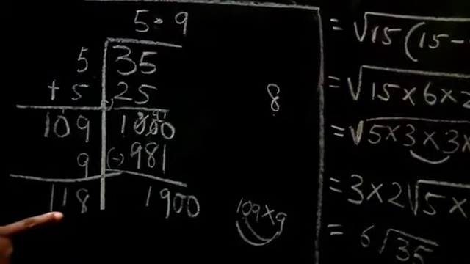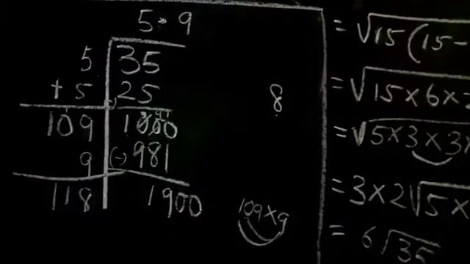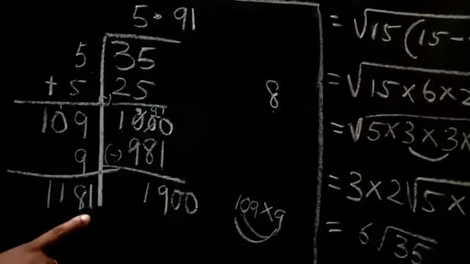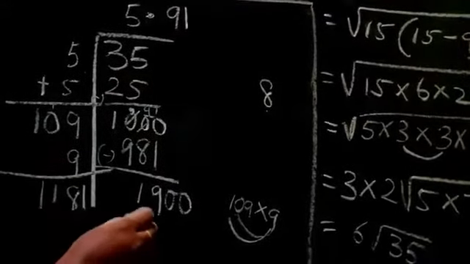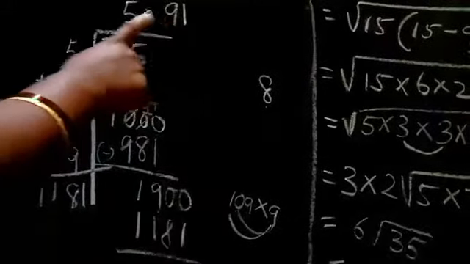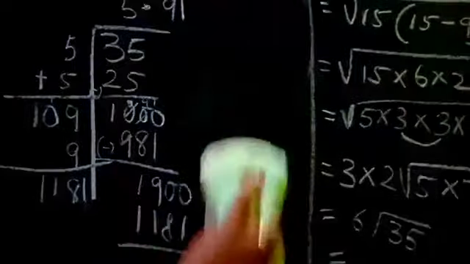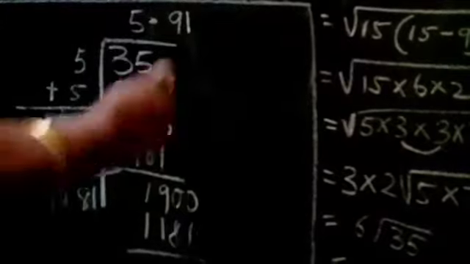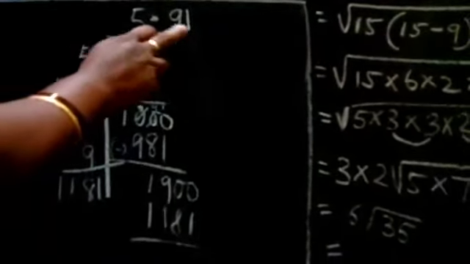We have 118. Which number we'll write here? The same number we should write here also. So we'll have here only 1 time, because when you write 1, it will become 1181. So only 1 time we have 1181. After point, double digit is enough for this. Again more you don't want to do for this one. Okay, this is for division method. We are finding square root value. So square root of 35 is more or less 5.91.